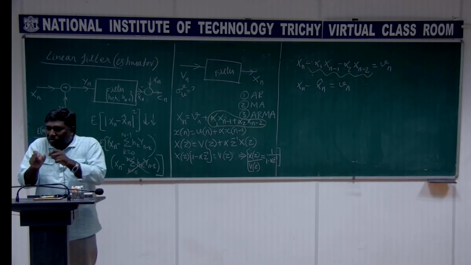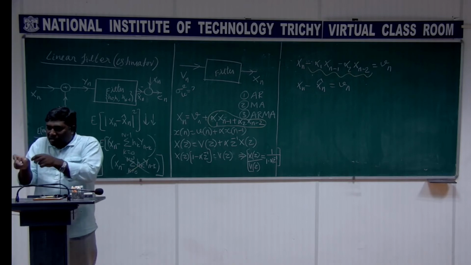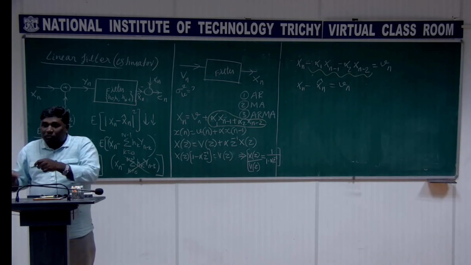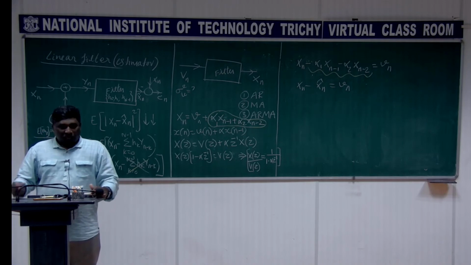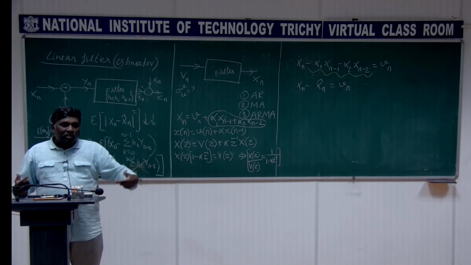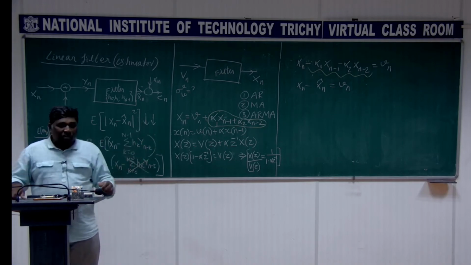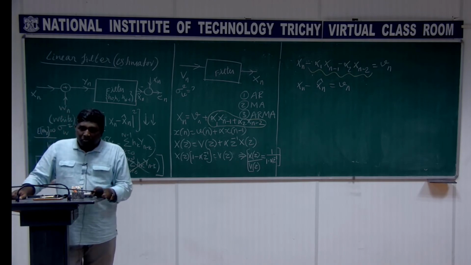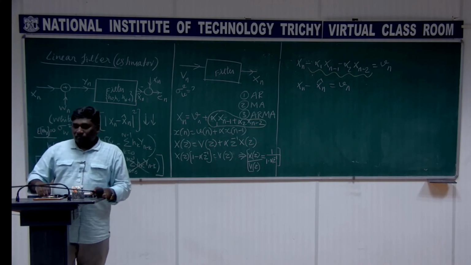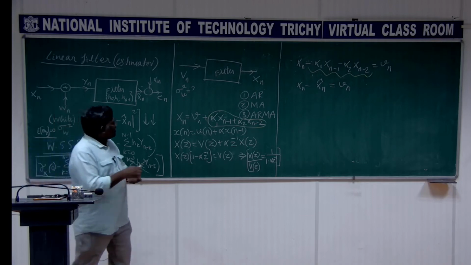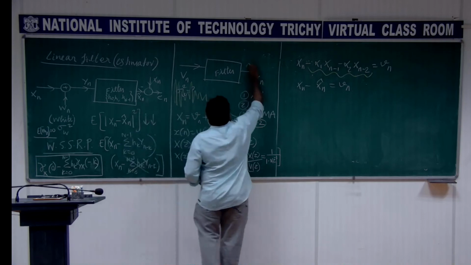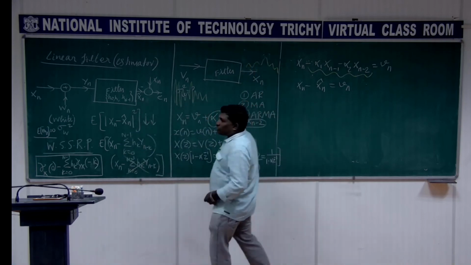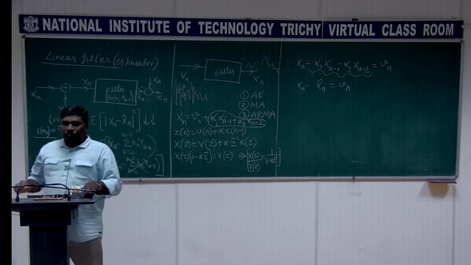With two samples it gives me the next sample, and these two samples give me the next sample, and so on. That is how you are able to generate the signal, because that is what we need. Initially we give only the noise Vn, white noise, as an input, but we are getting a speech signal. Understand that? What we give here is a random noise, but here you get a proper signal.